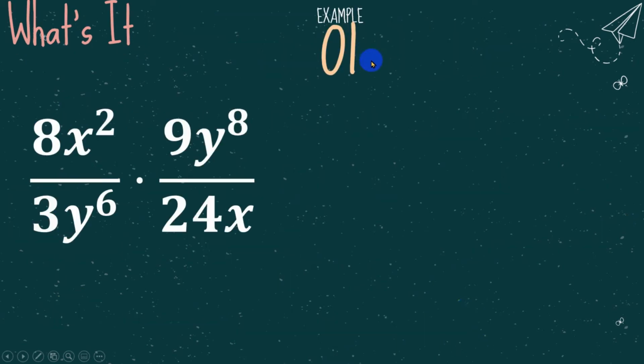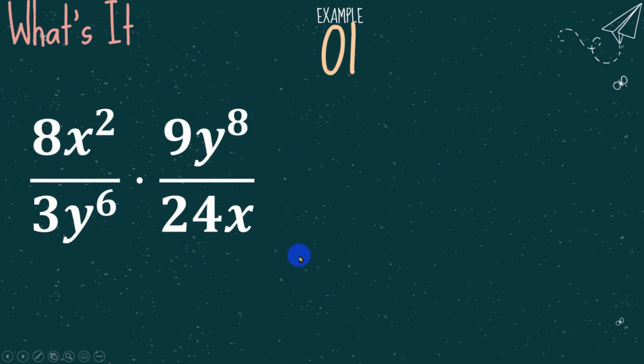So, let's have the first example. We have here 8x squared all over 3y to the 6th power times 9y to the 8th power all over 24x. So, again, first step is to factor. But since this is monomials naman na, so pwedeng proceed na tayo sa step 2. We can divide out common factors. Again, pwedeng dito mismo sa ating first RAE may makakancel at sa ating pangalawang RAE may makakancel, or pwede namang